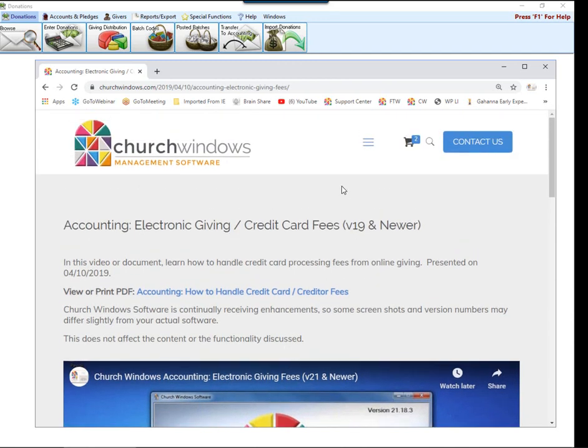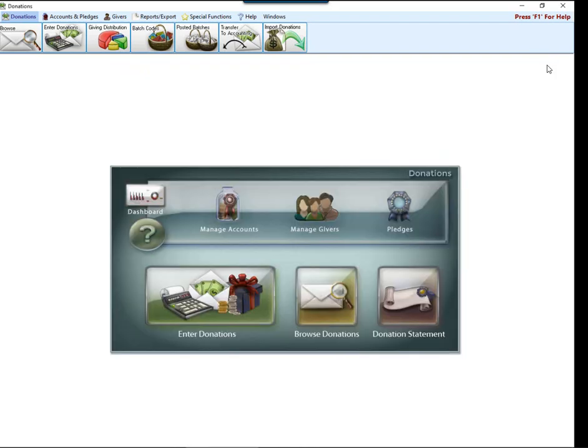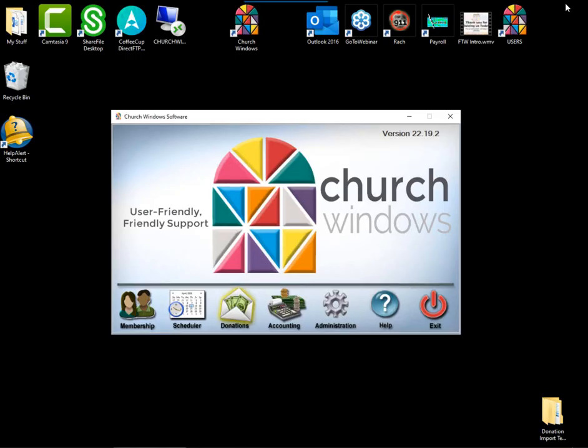Okay. That covers everything I wanted to go over with you all today involving how to import donations from an online giving company. If you find you have any questions or you're struggling with this, please feel free to reach out to us. Send us an email to